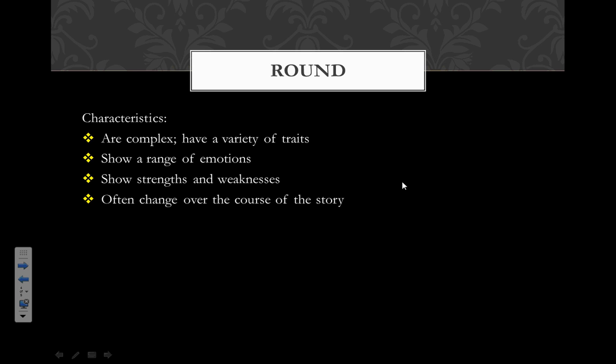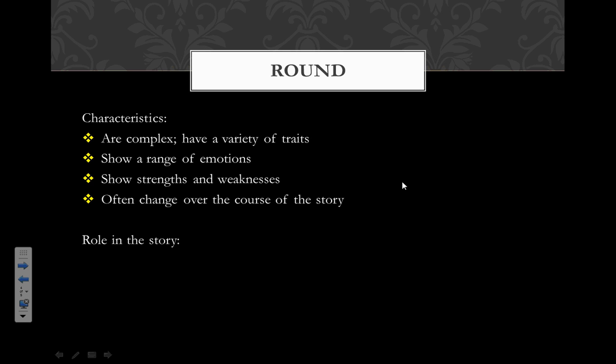They show strengths and weaknesses, and usually they change over the course of the story. They're more like us, and when I say us, I mean real people. You could see yourself in this character, and that's generally the purpose, because usually protagonists are round characters, and